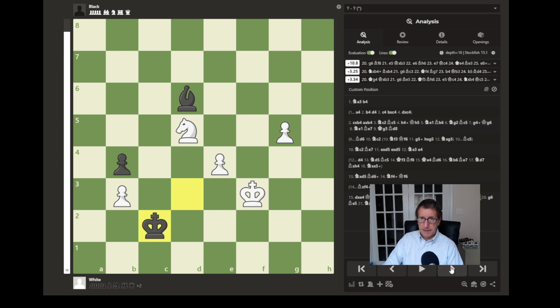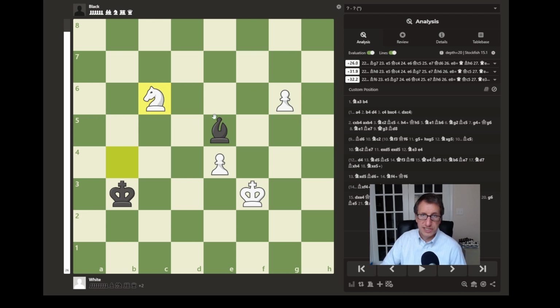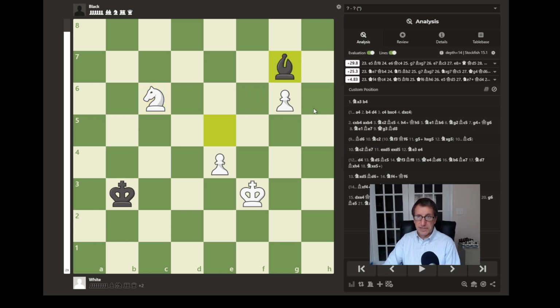He tries to capture, but this pawn is moving forward on the king side and must be stopped by this bishop. But after capture with check, capture, and now the knight repositions, attacking this bishop. And once the bishop moves to g7 to block this pawn, and keep an eye on this pawn, here